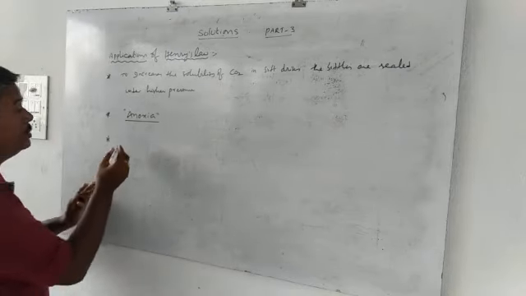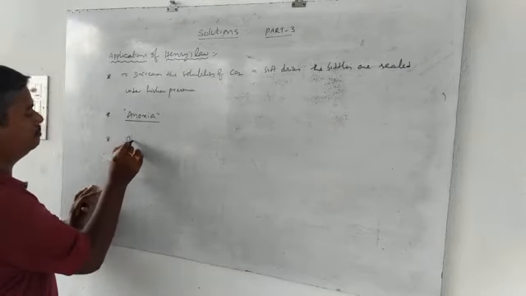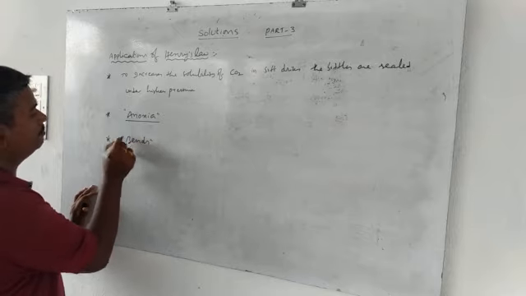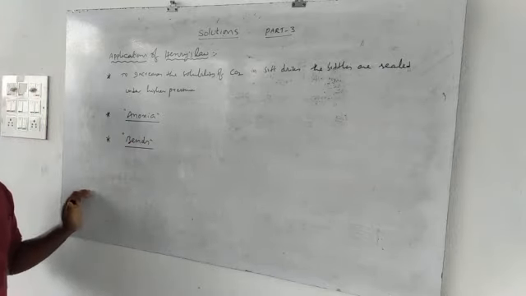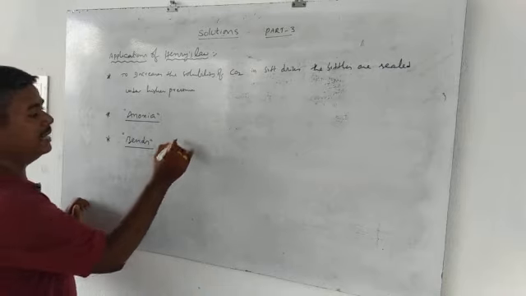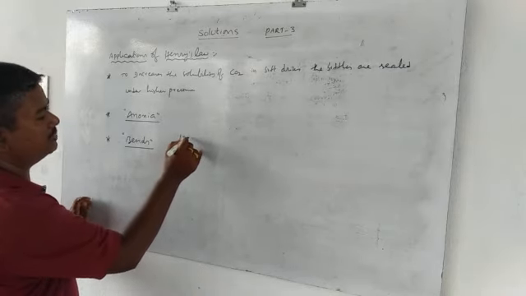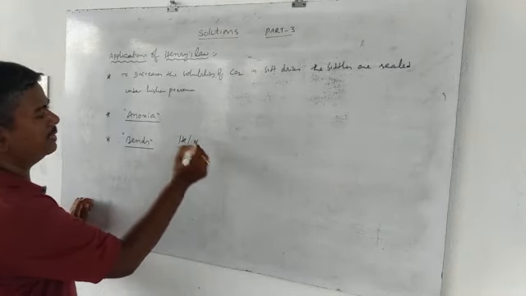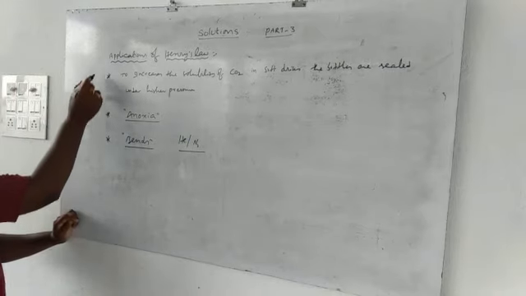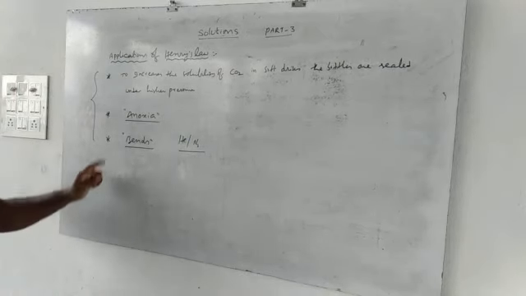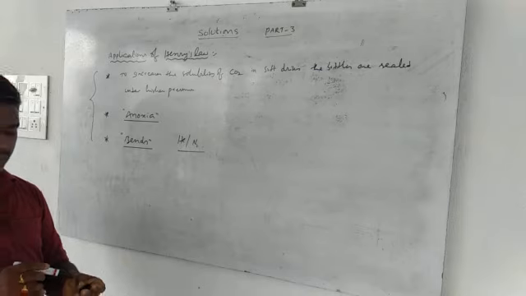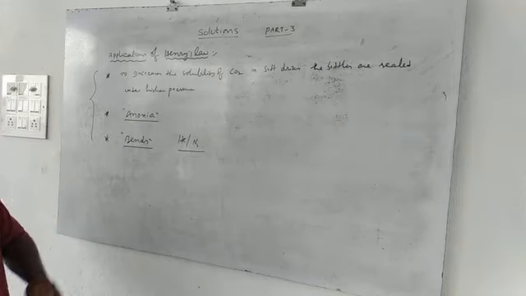Bends are avoided by diluting the oxygen with gases like helium as well as nitrogen. So all these are the applications of Henry's law. So according to Henry's law, these are the most important.